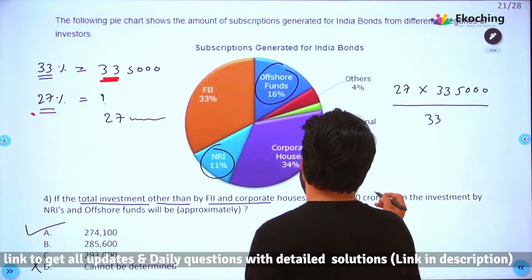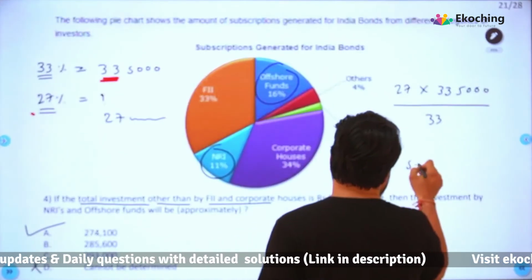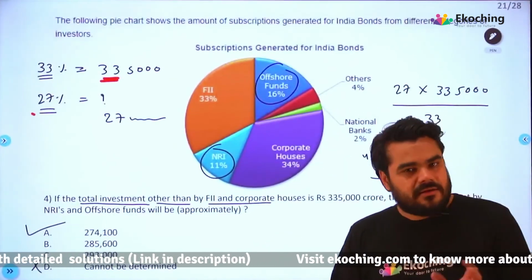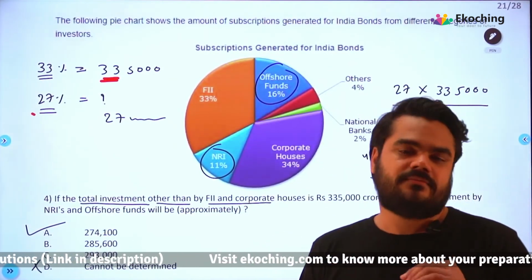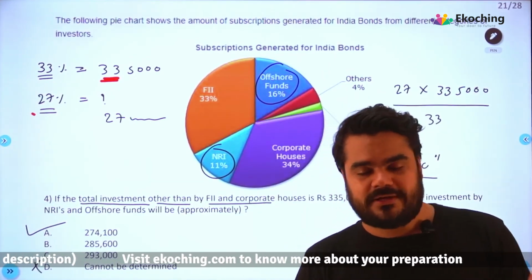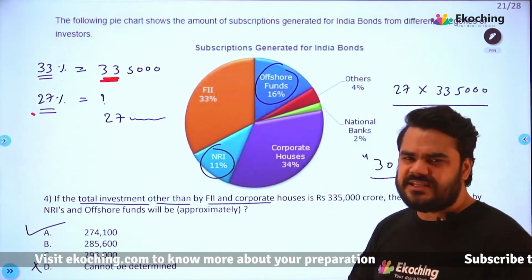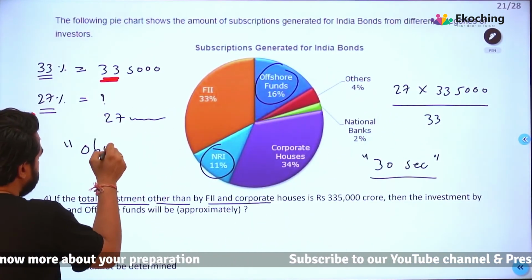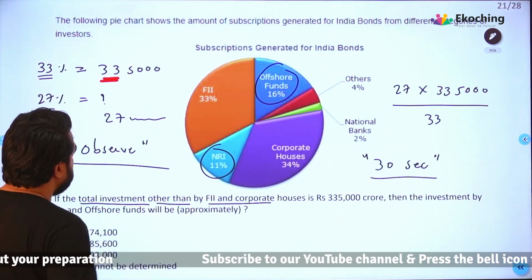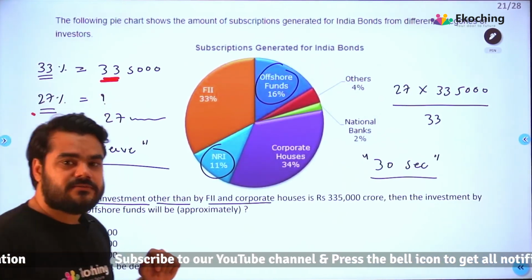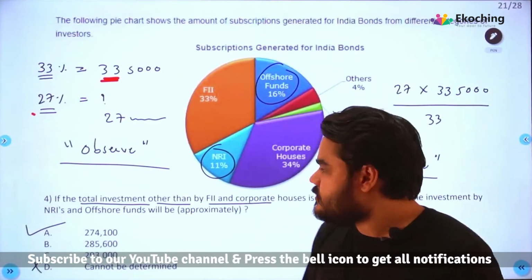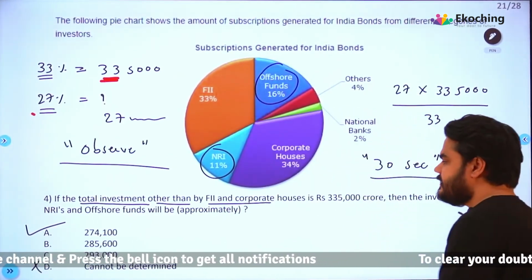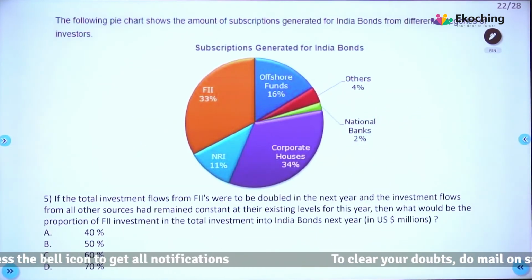अगेन आई वुड से दिस इज लाइक अ 30 सेकंड क्वेश्चन. नो पेन नहीं बोलूंगा बिकॉज शायद आपको पेन चाहिए ये कुछ लिखने के लिए. वैसे वो भी नहीं चाहिए होगा आइडियली. ऑब्जर्व करना है यार. यू कैन ऑब्जर्व द पावर ऑफ ऑब्जर्वेशन. 33 पे 27 आना चाहिए, 27 पे 27 आना चाहिए. क्यों नहीं आएगा, है ना? सो आंसर क्या है? 274,100, राइट? सो दैट इज इट.